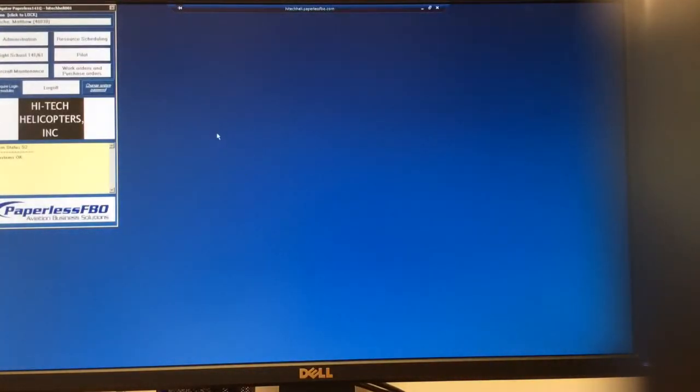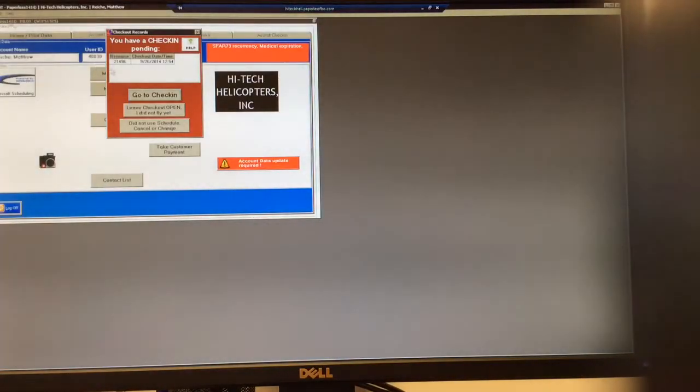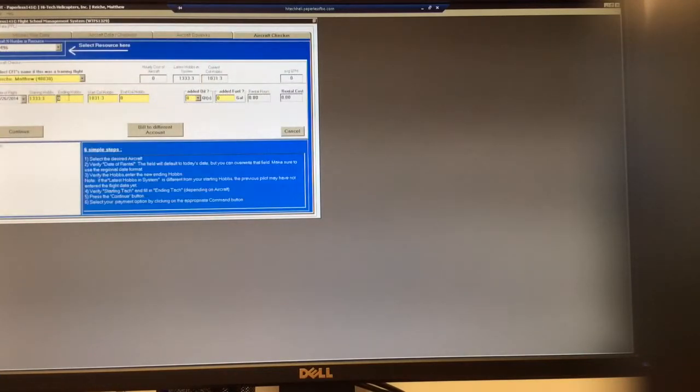Okay, so now we're back from our flight, and we're going to click pilot again. And it's going to tell you right away, since you're the flight instructor and you checked it out, that you have a check-in pending. So we're going to go ahead and go to that pending check-in, and we're going to get this screen here where it wants you to enter the different Hobbs times. So when we left it, we were at 1333.3. And when we came back, we were at 1334.3, so you go ahead and put that in,